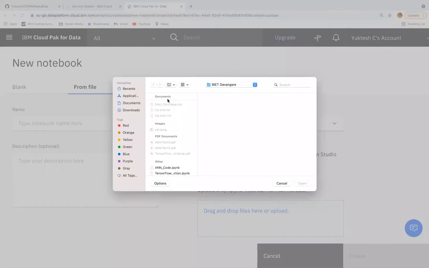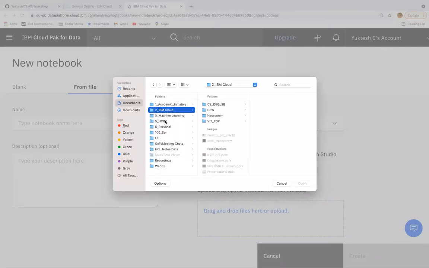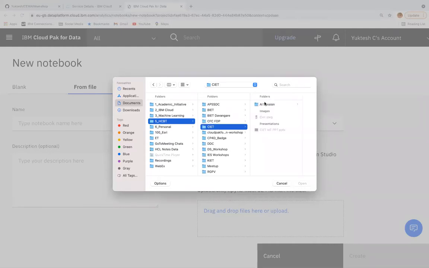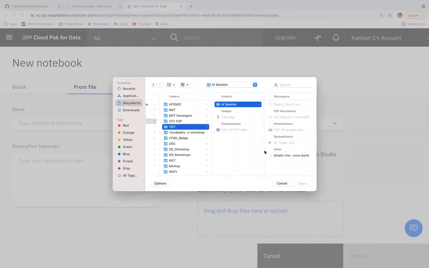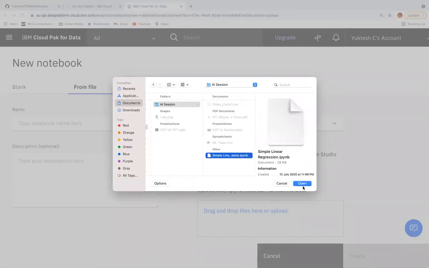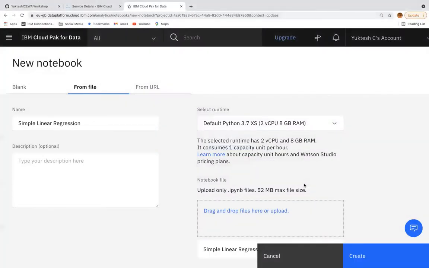Now I am trying to upload a file, the simple linear regression file. Let me select that and click on OK. Can you see that the name has been taken automatically, and the file name you can also see at the bottom. Let's click on create.